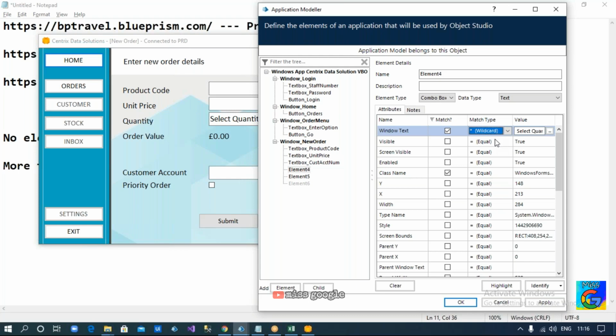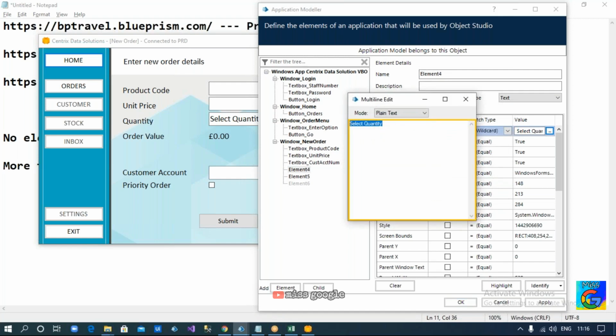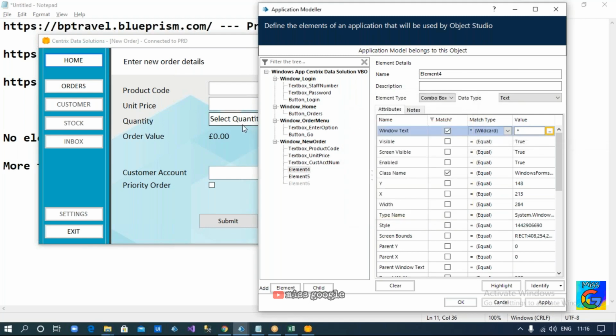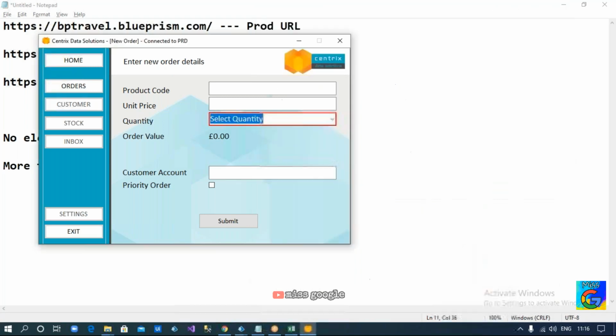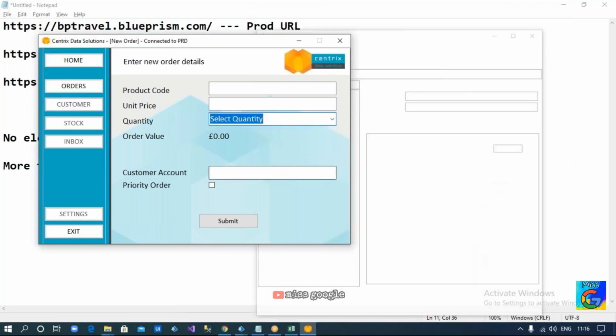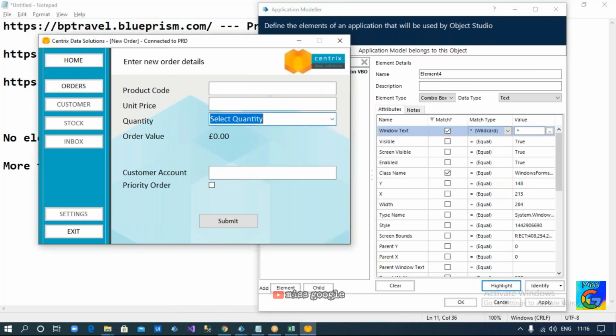See, match type. When you make it as wildcard, irrespective of the value that you are going to have here, here also you need to mention star. So it never considers what value is present here. You will simply highlight this drop down. See, okay, is it highlighting now? Now let us do one thing. Now let us create the order,